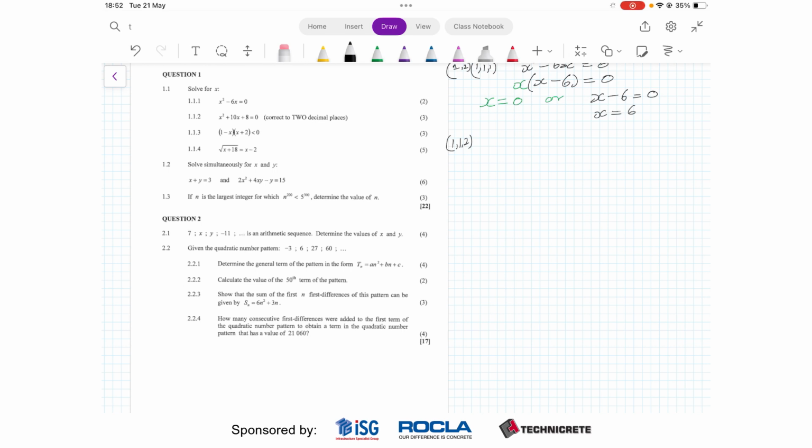1.1.2, we are told that x squared plus 10x plus 8 is equal to 0, correct to 2 decimal places. Now, when you are told to correct to 2 decimal places, in a solve for x question where you have a quadratic equation, this should immediately tell you to use the quadratic formula, where x is equal to minus b plus or minus the square root of b squared minus 4ac, all divided by 2a,